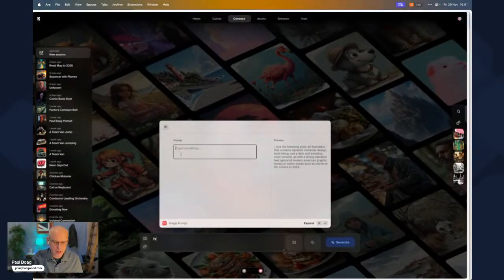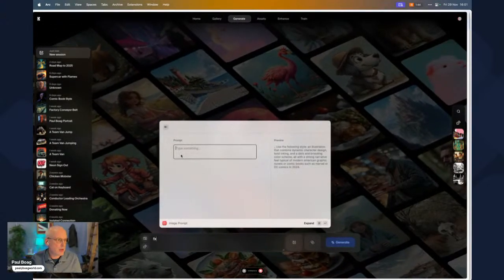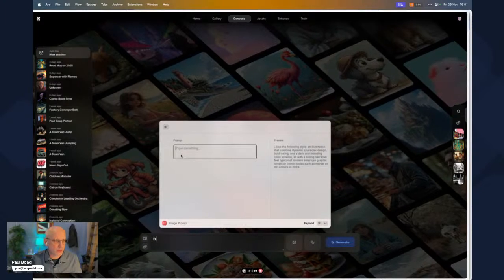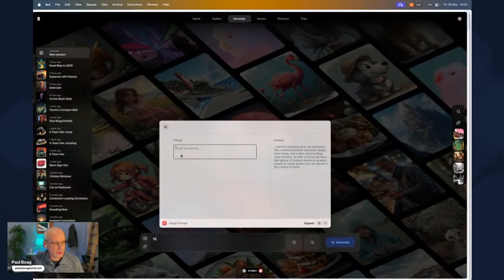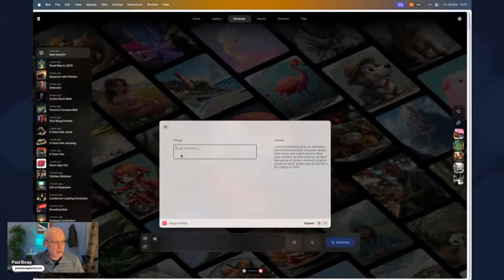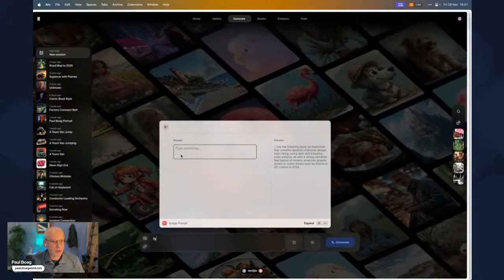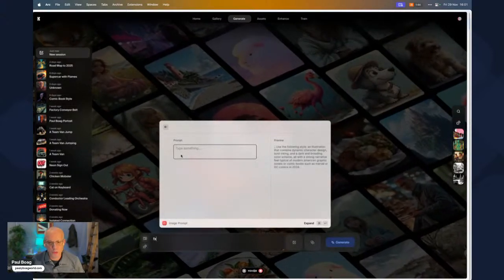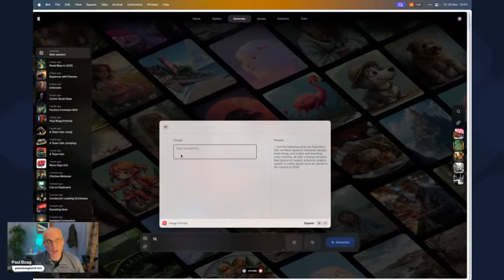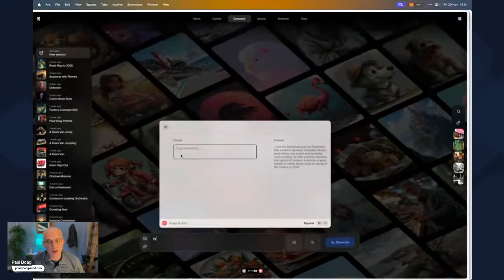So, an old man dressed as a Shakespearean actor in an expressive monologue pose against a black background, isolated.